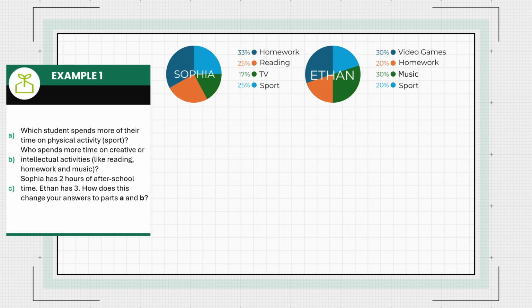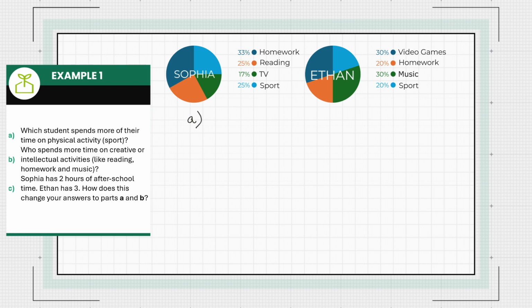So for our first one, we're going to be looking at two separate sector graphs. Here we have Sophia's sector graph and we have Ethan's sector graph, and we'll be using this information in order to solve a few questions. So let's get started with